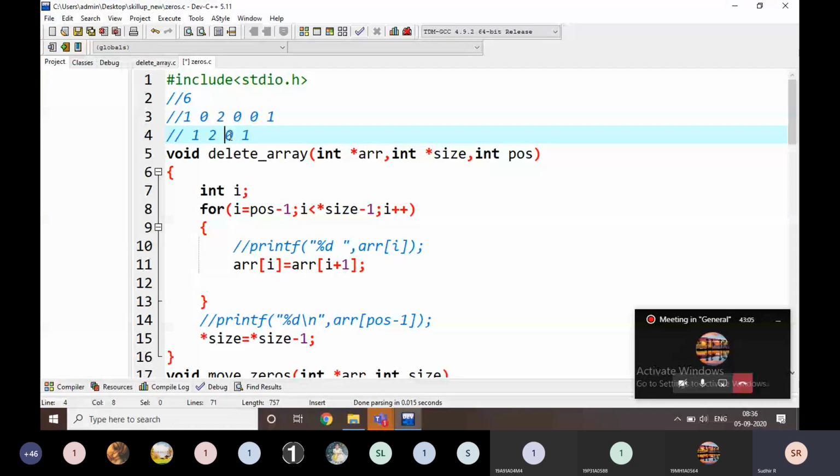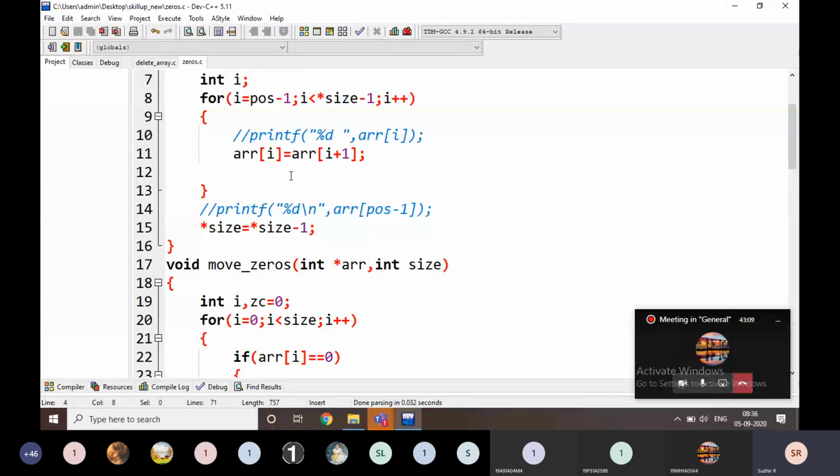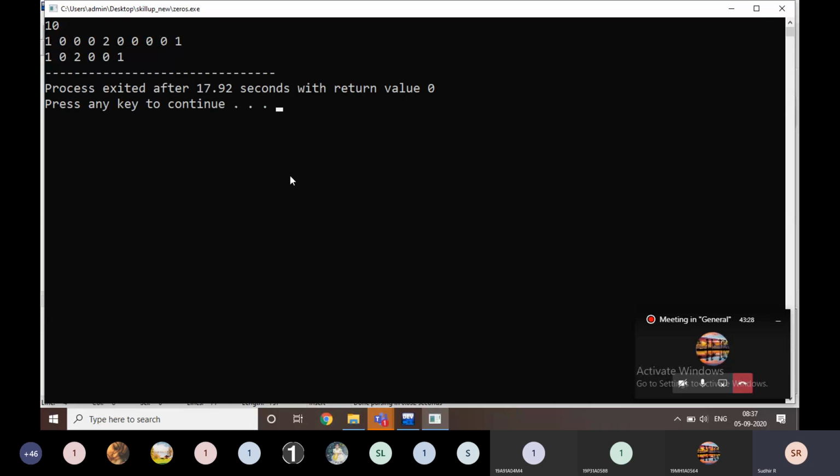For example, instead of that, some 10 values are there: 1 0 0 0 0 4 5 7 8 9 and 10, for example, like this. There are so many values, and 3 zeros are going to remain in the array.